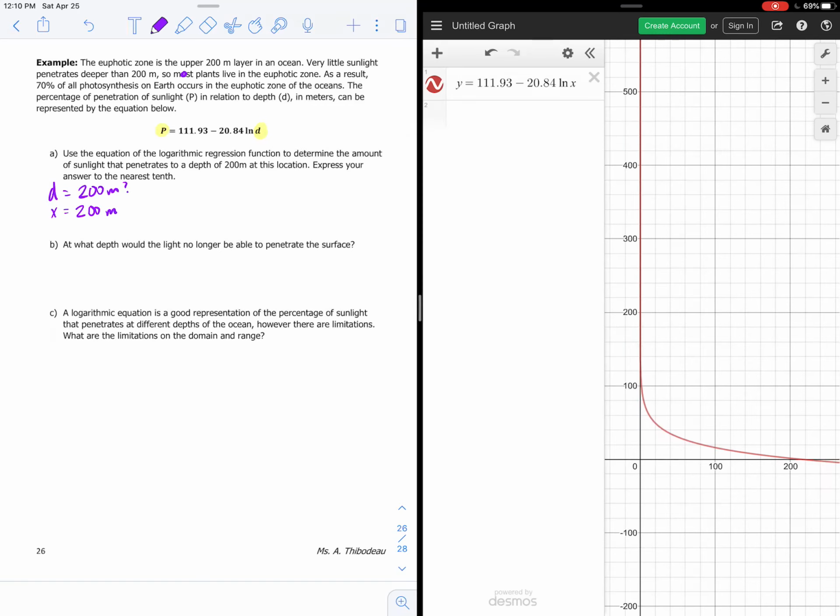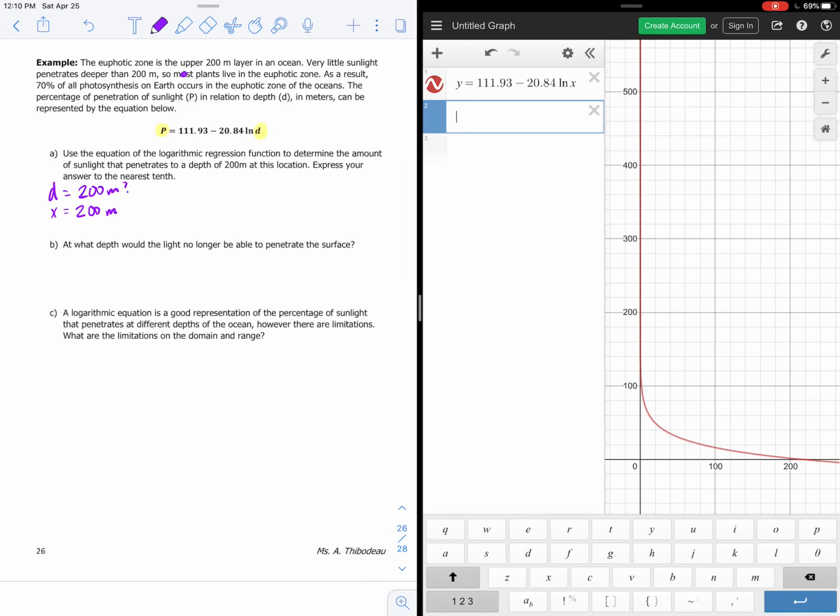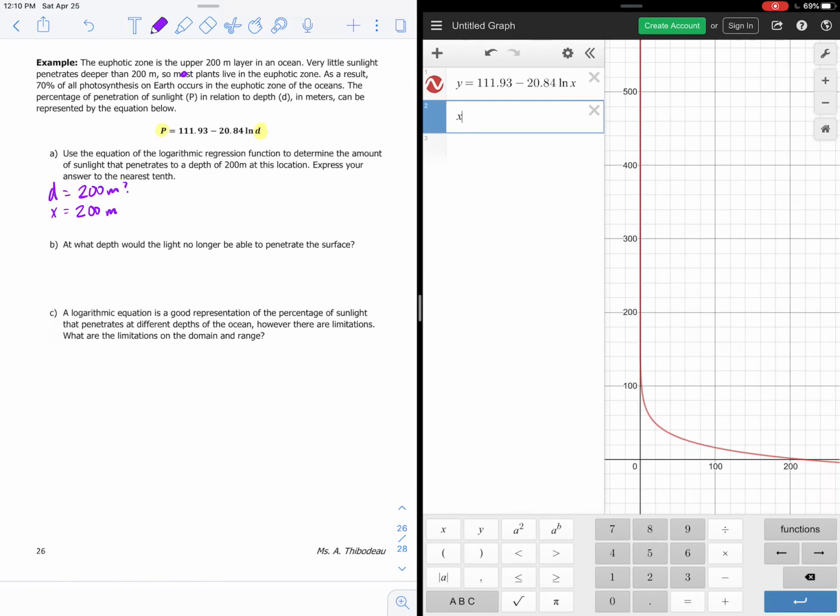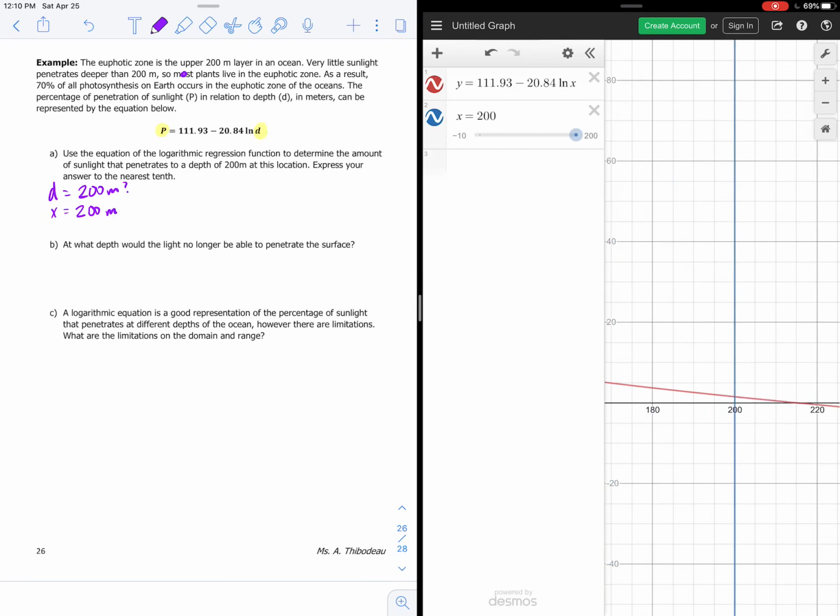Or we could say when x is 200 meters. That's what we're plugging into Desmos here. So we plug in x is equal to 200, and we go find our intercept. We get our y, or our p-value, as 1.513. So at this particular place, because we're answering to the nearest tenth, we have 1.5% of sunlight